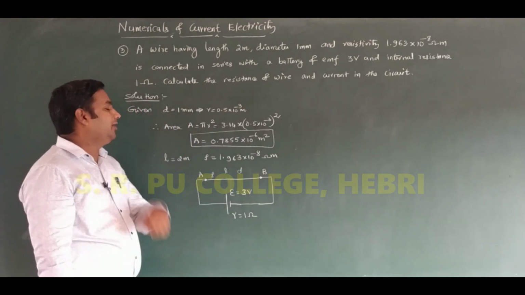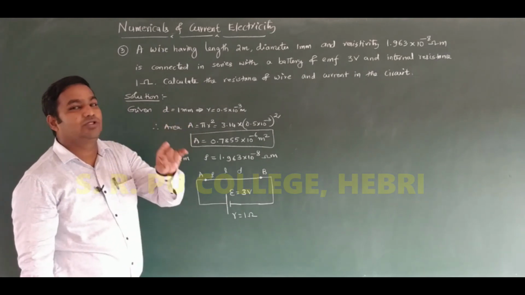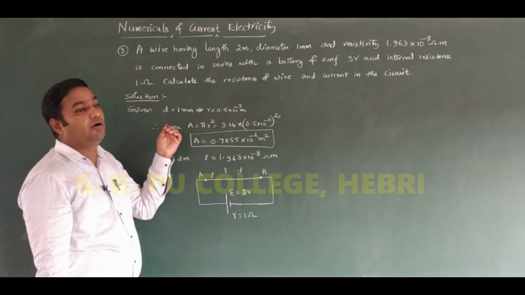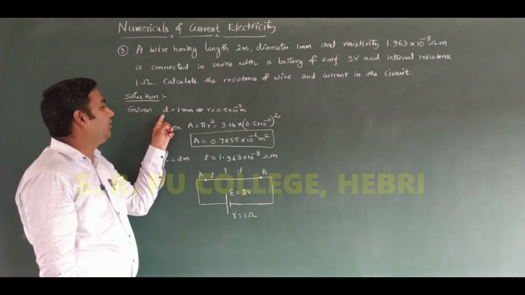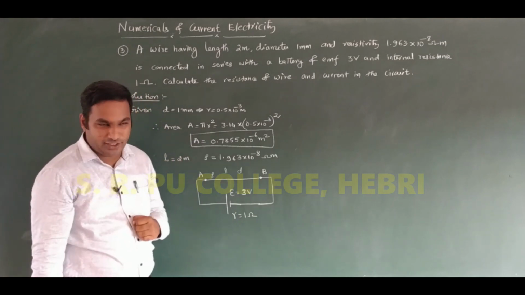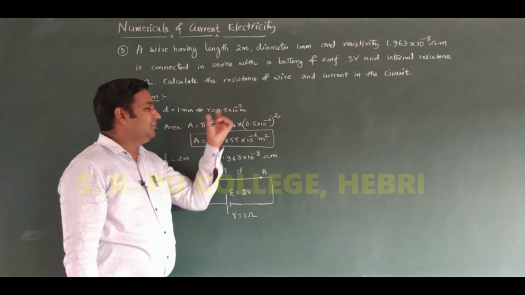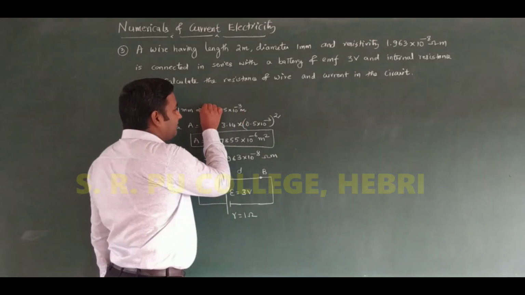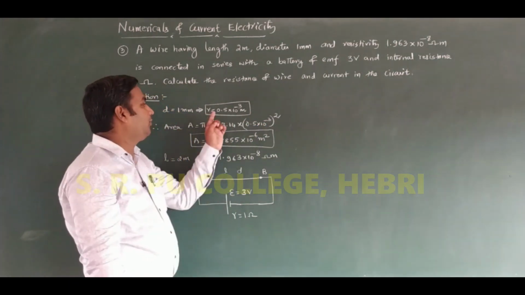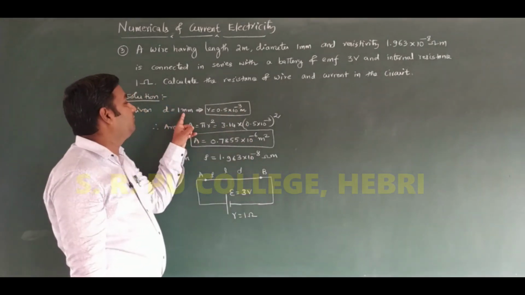Dear student, the diameter of the wire given is 1 millimeter, and diameter is equal to 2 times radius, that you already learned. Automatically radius becomes diameter divided by 2. So r, the radius of the metal of the given wire, is equal to 1 divided by 2, that becomes 0.5 millimeter. I can write it as radius of that wire is equal to 0.5 into 10 raised to minus 3 meter, 10 raised to minus 3 meter because of millimeter.